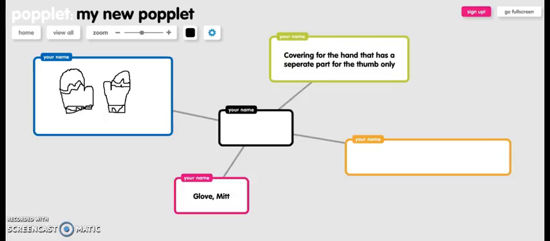Students could also use Popplet when learning new vocabulary words. They could add the vocabulary word in the middle, and then they can illustrate a picture of the vocab word, write synonyms, write the definition, or create sentences with the vocabulary word. So,